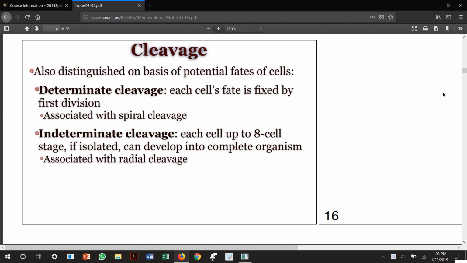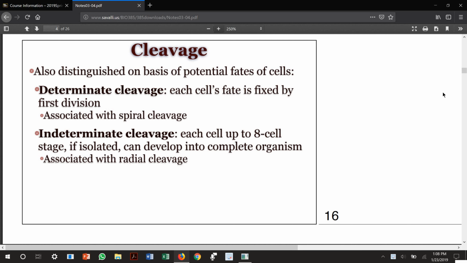So, with that in mind, do humans have spiral or radial cleavage? You've got enough information here to figure it out. Spiral. Spiral, how do you know? Do we have determinate cleavage? Do we? Yes. Which kind of cleavage can form identical twins? I guess it would be indeterminate. Indeterminate, right? Because